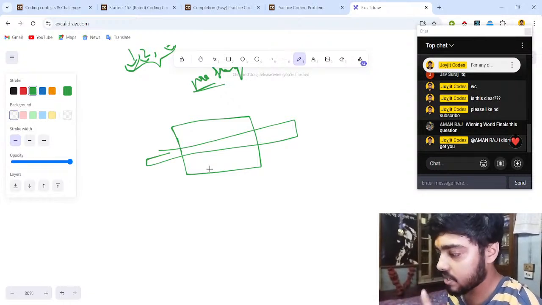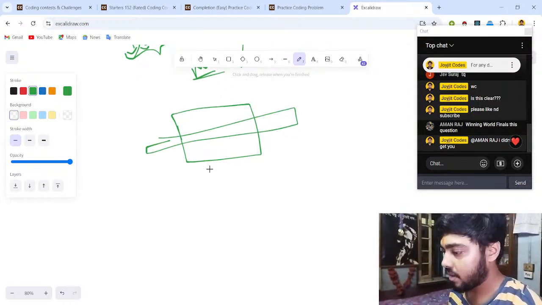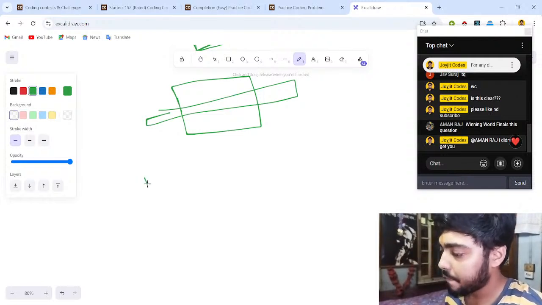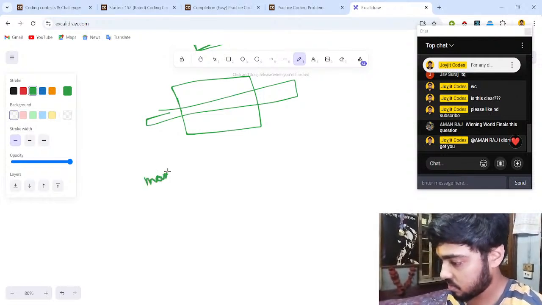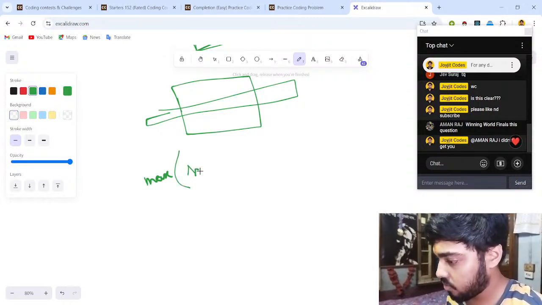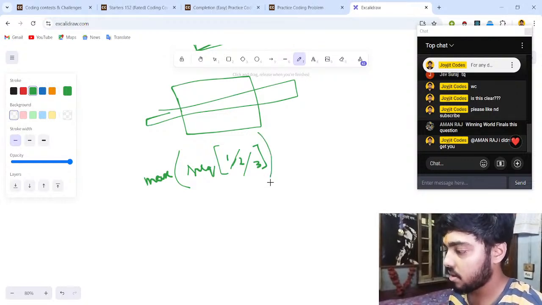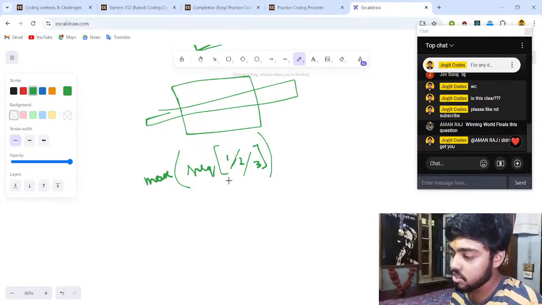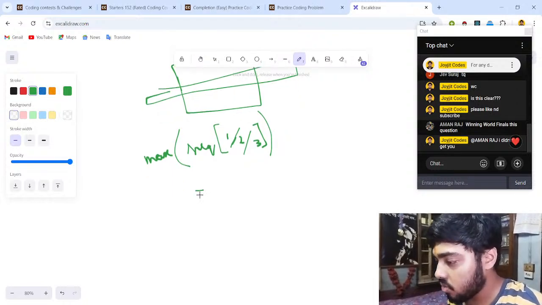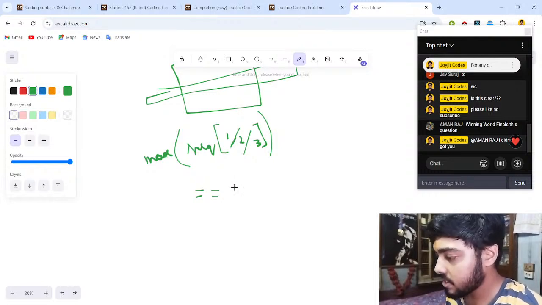Now I can tell you the answer directly, then I'll just show you the proof. So the answer is going to be whenever the maximum frequency, that is the maximum frequency of 1 or 2 or 3, basically whichever gives us the maximum frequency, 1, 2 or 3. So when the maximum among these three frequencies is equal to, not n by 2, let's say length by 2, length by 2,